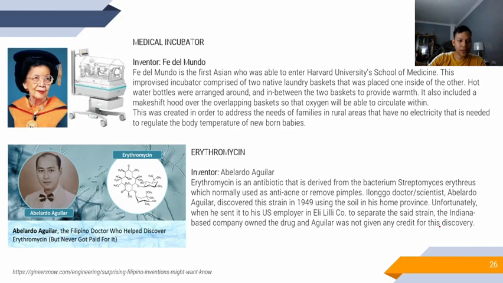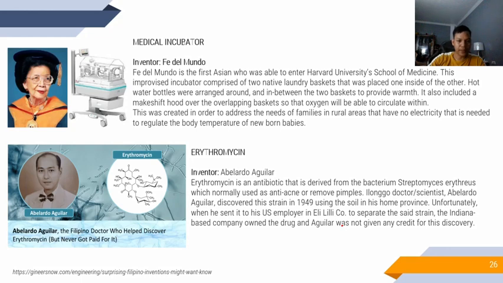And we have this inventor Abelardo Aguilar, erythromycin. It is an antibiotic that is derived from the bacterium Streptomyces, I don't know how to pronounce this one, which is normally used as an anti-acne or to remove pimples. So it is an Ilonggo doctor or scientist, Abelardo Aguilar, who discovered this strain in 1949 using the soil in